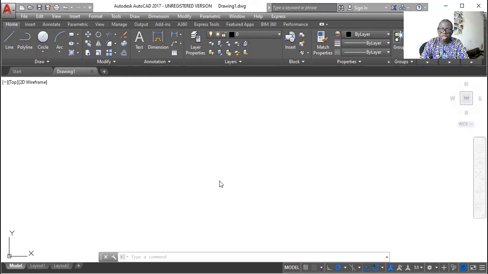Now let me see if we can apply this in drawing geometric objects in AutoCAD. So what are the objects? We can draw lines. We can draw polylines with straight segments. We can draw line and arc combination polylines. We can also draw rectangles, polygons and all this. We can draw freehand sketch and the rest of them. We can hash